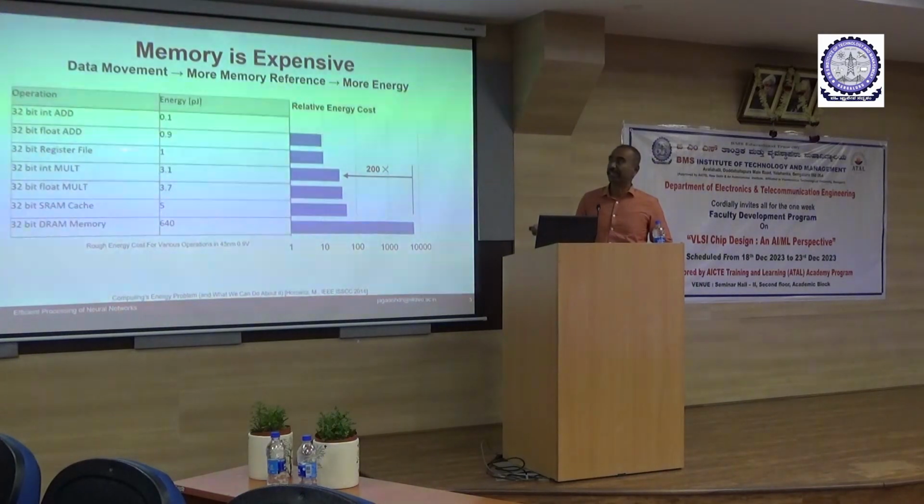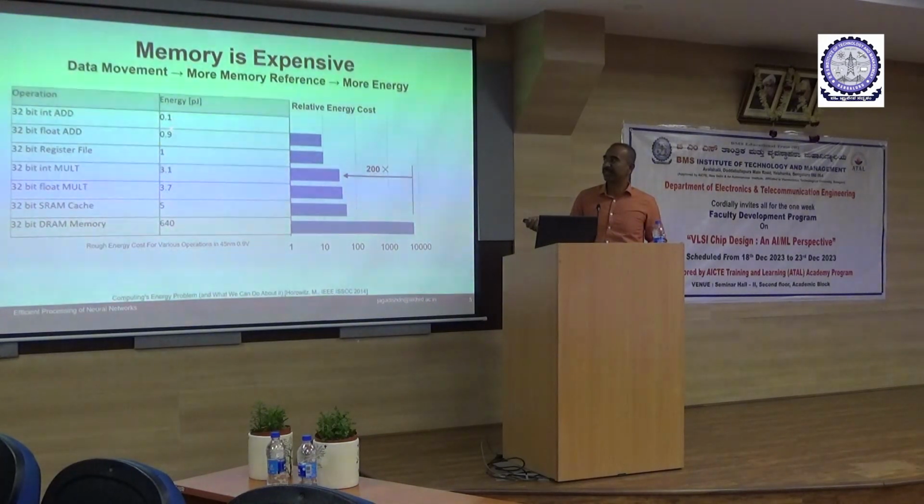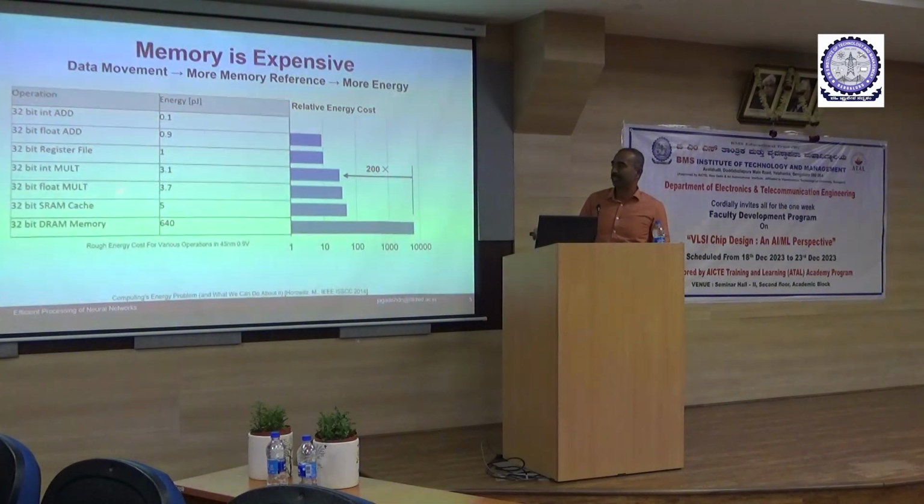If it is a register file, we have a CPU, and within that you have a register file, the register bank. Between registers, if you want to transfer, taking the content to the bus, it just takes 1 picojoule. Still it is 10 times more. But think that if I don't have the data in the register file, but it is somewhere in the cache or RAM, then the power consumption is 640 picojoules. So if I'm transferring from a register, it is 1, but if I'm transferring from DRAM, it is 640 picojoules. So you can see here, the multiplication of this is almost 20x more.